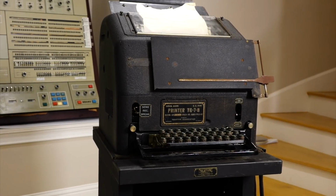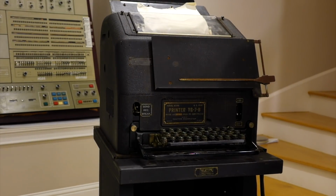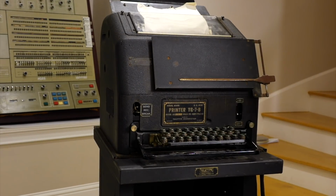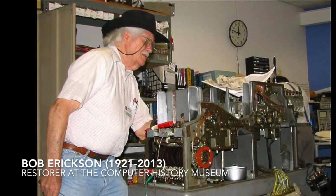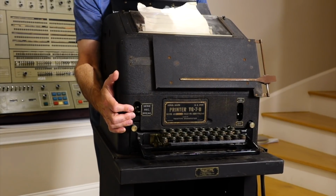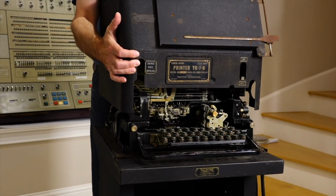So this device here is my very own Model 15, which I got from the late Bob Erickson, who was a restorer at the Computer History Museum, and had worked on this machine. Let's see if I can remove the very, very heavy